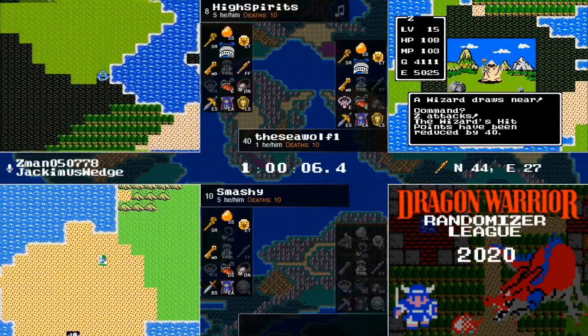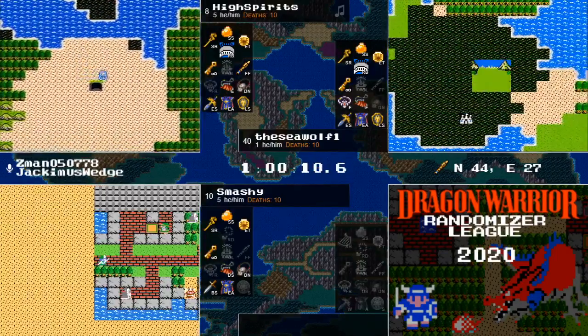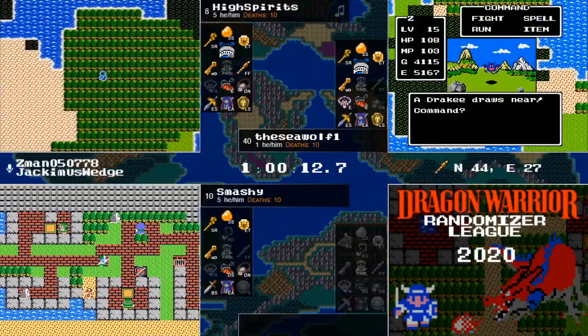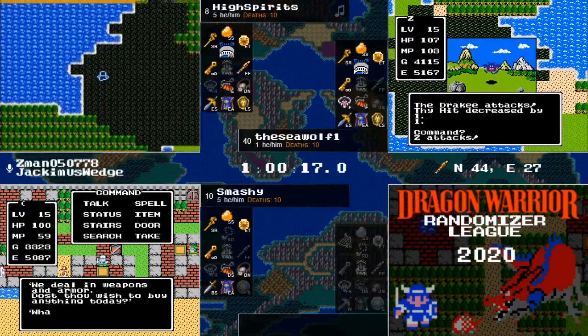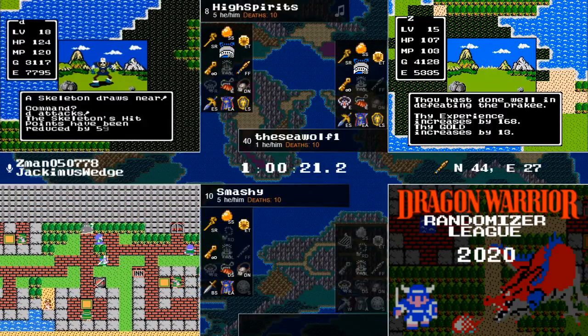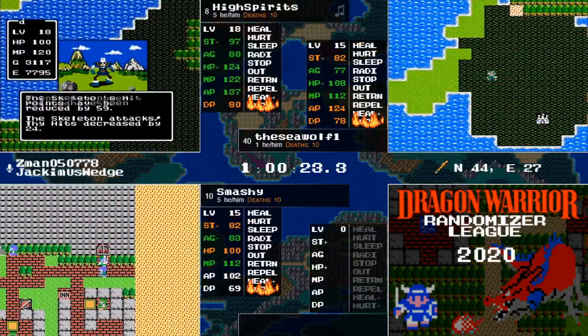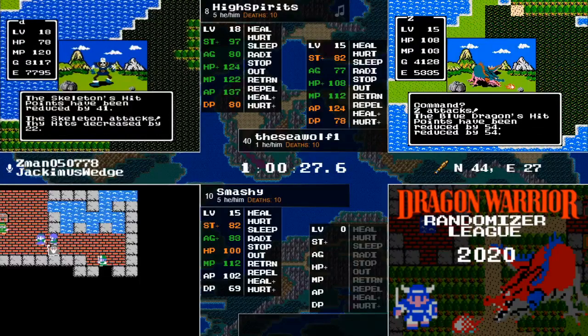So let's do a little bit of math here. High Spirits' attack power is 137. So you take that 37, you divide that by 2, you round down, you get 18. You take 18, divide that by 2, you get 9. So High Spirits' damage range is 9 to 18, which means on average he'll be doing 13 and a half. So given that